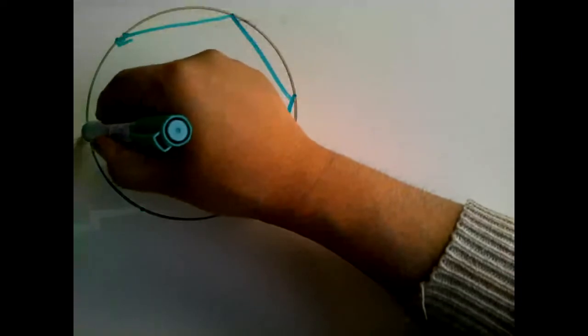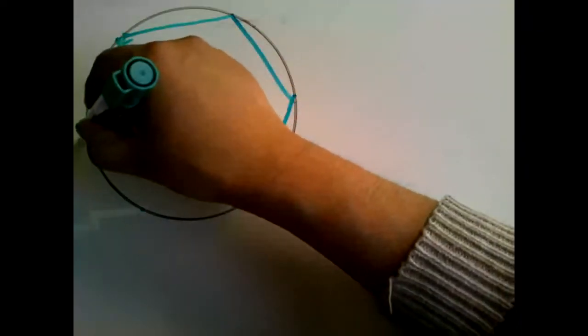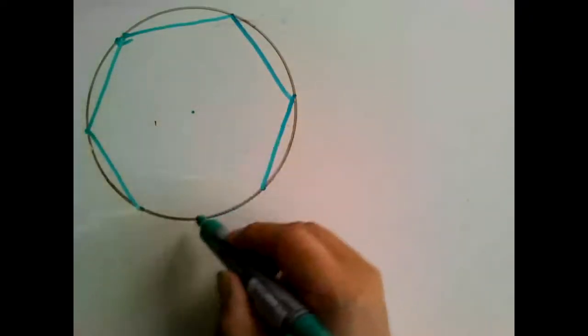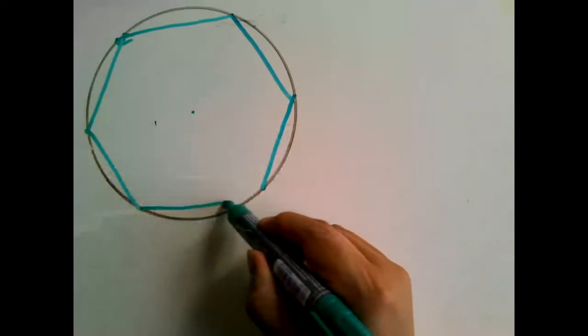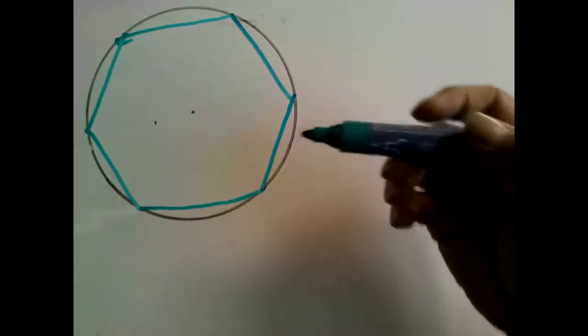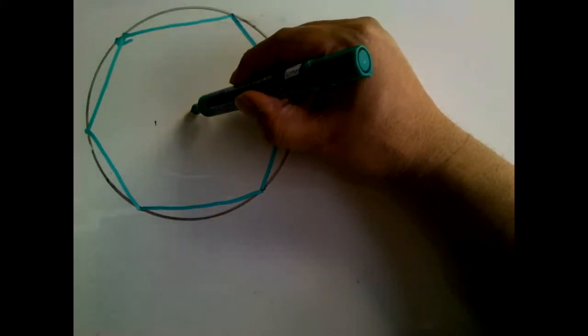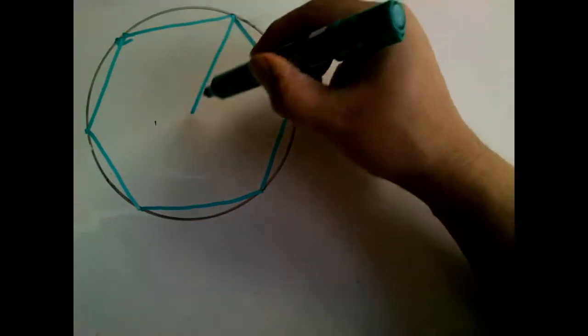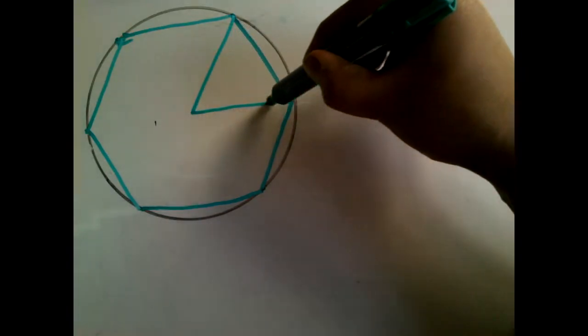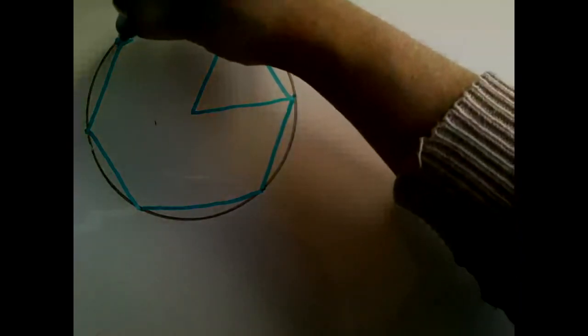Yes, it's called a hexagon. Now in a six-sided figure, and you'll see this in several of our discussions, it just goes to show that